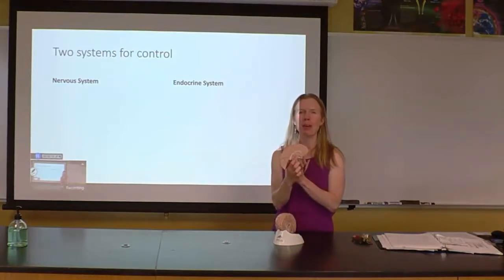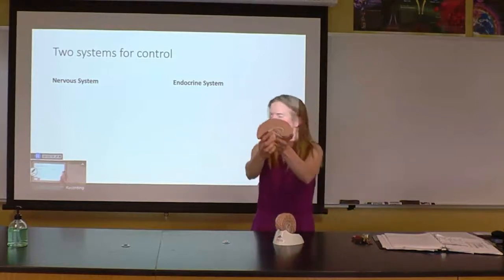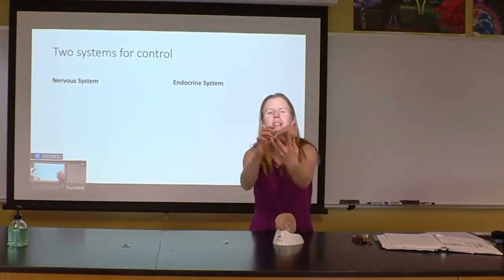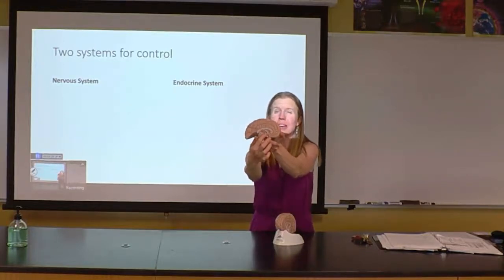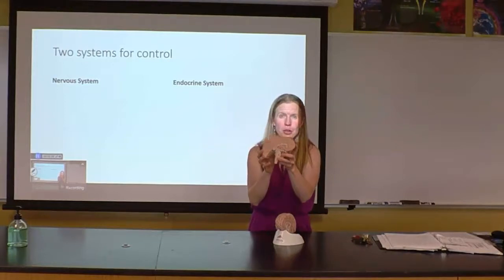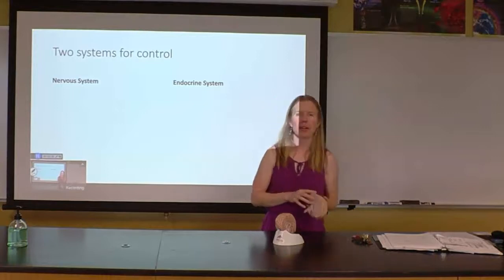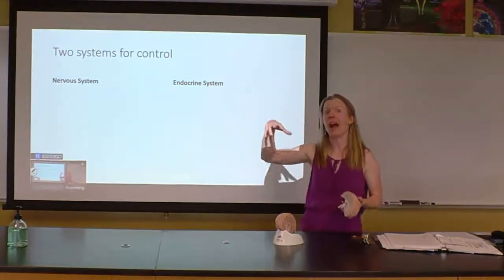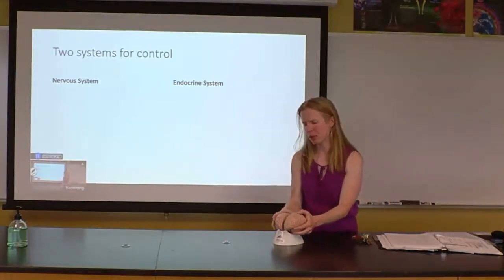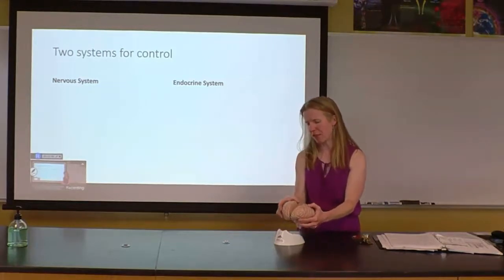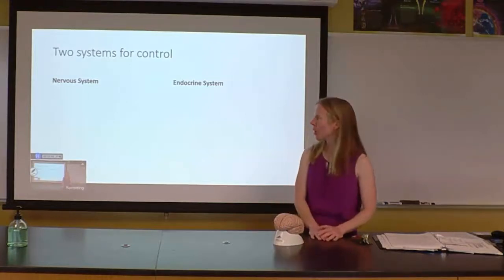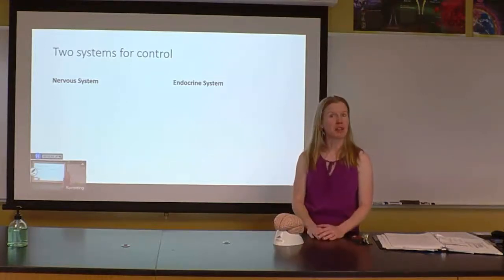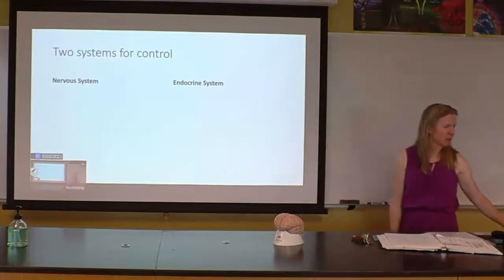use the hypothalamus. Remember that weird little section of the brain? I don't know if you can see that, right? The thalamus is that little brown dot, and just below that, hypothalamus, right? It's part of the nervous system, part of the autonomic nervous system, but it's also going to be basically the organ of highest control in the endocrine system. So these two systems share a lot of different features, and on Thursday, you're going to tell me what they share, and then also how they actually end up being really different as well.